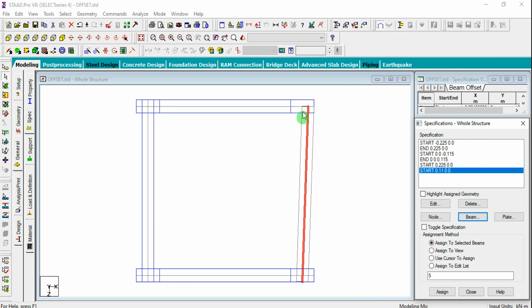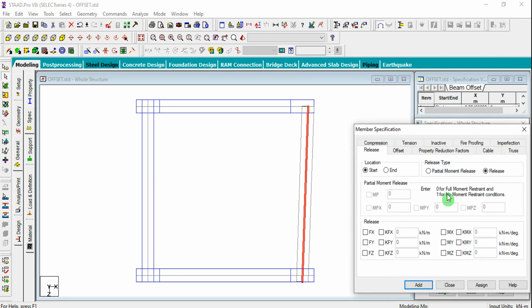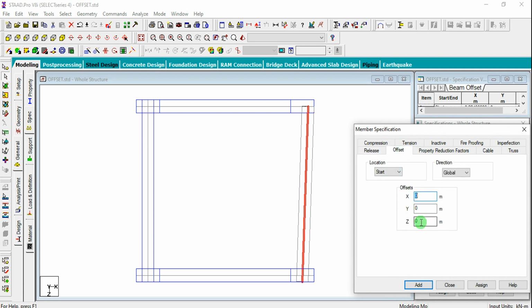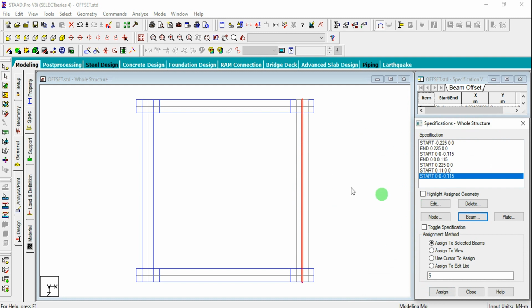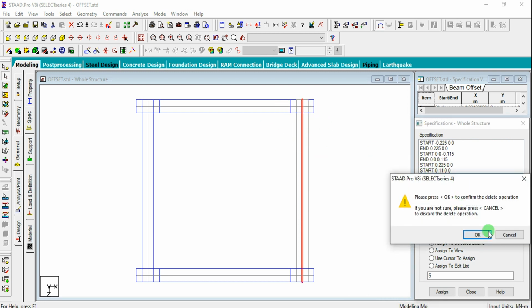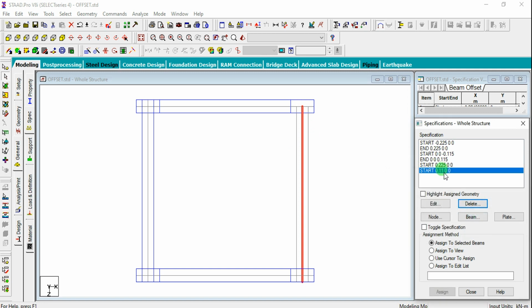Okay, and yeah, we need to adjust the Z also here again. So select the beam and offset. So just go for the Z. This has to travel at 0.115 towards backward. So we need to provide the minus symbol here and click on assign and add. Okay. So for example, if you want to add simultaneously both, you can observe that it is taking only in one direction, right? So simply you can delete this actually, whatever provisions we have done here.